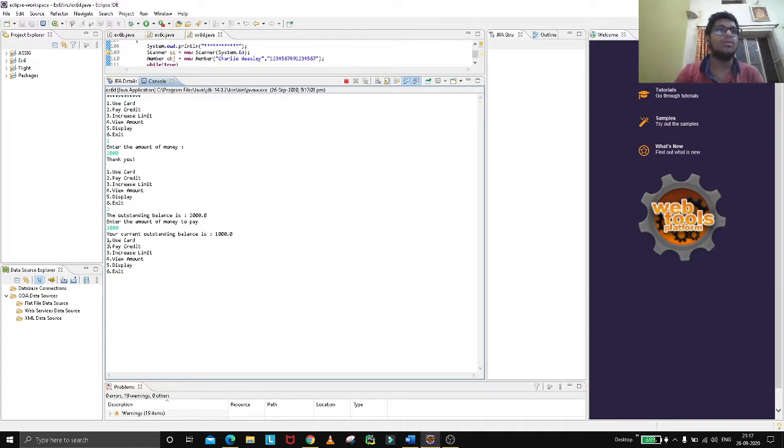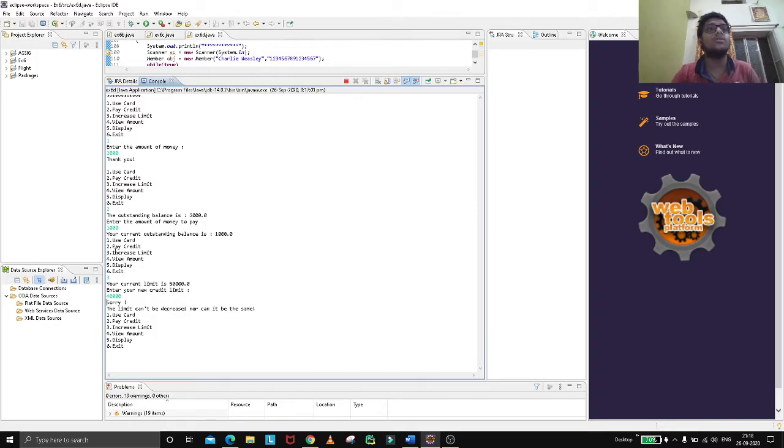Now I have implemented use card and pay credit card. Now I want to increase the limit. The current limit is 50,000, which I have provided in the code. Now if I say 40,000, it will say the limit can't be decreased, because we need to increase the limit.